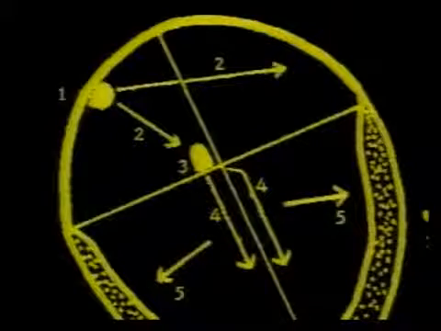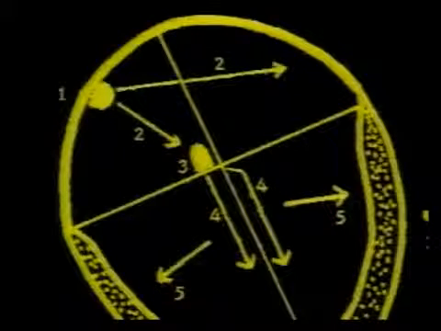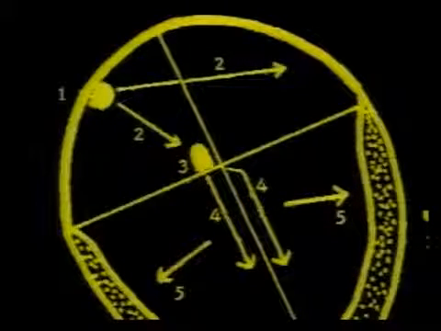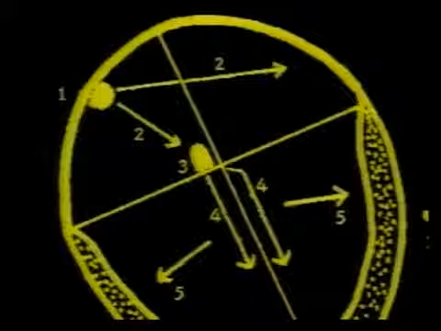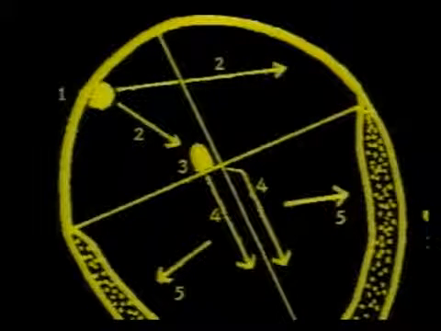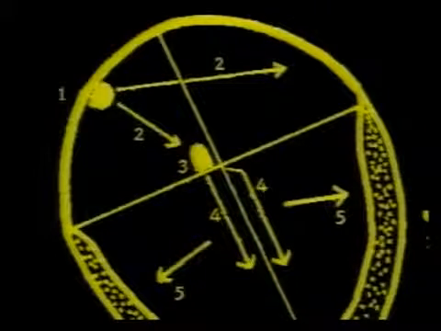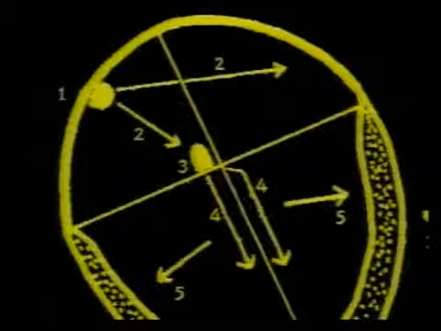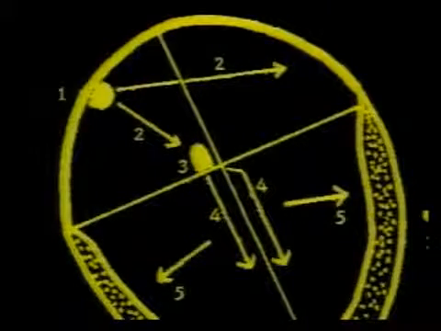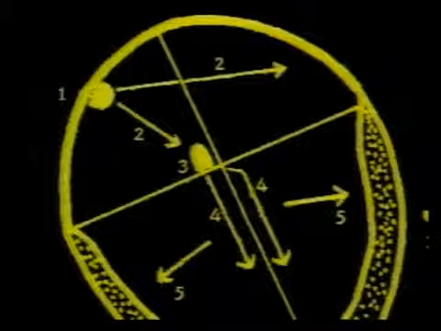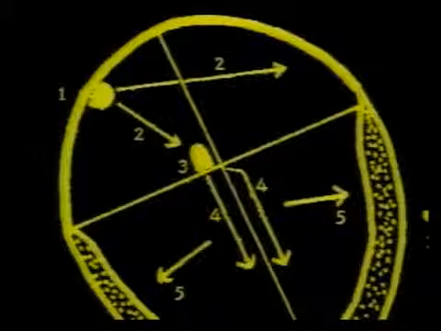Now we come to the cardiac cycle, or the chain of electrical events that occur during a heartbeat. The process of depolarization begins at 1, that is the SA node, passes to the atria, that's number 2, and then at 3 it passes across the AV node to the ventricles. In the ventricles it travels along the right and left bundle branches marked 4 and then through the Purkinje fibers